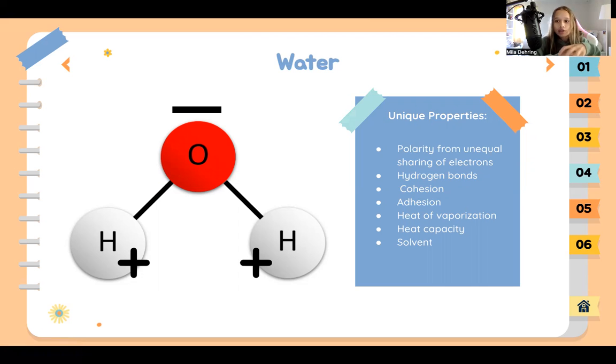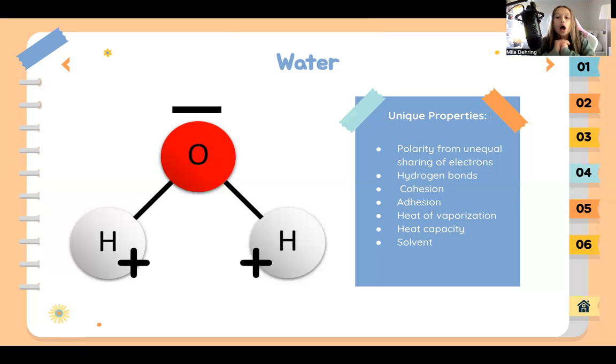So due to the hydrogen bonds, we're going to have cohesion and adhesion. Cohesion is the attraction of water molecules to other water molecules due to the hydrogen bonds. And this will allow for things like surface tension. And adhesion is going to be the attraction of water molecules to other surfaces. And this is going to allow for capillary action, or the climbing up of a wall of water